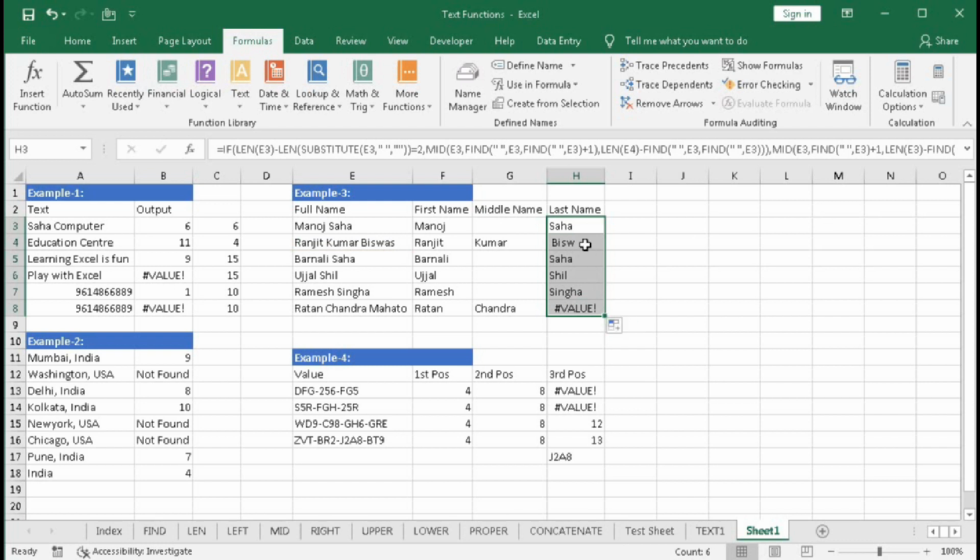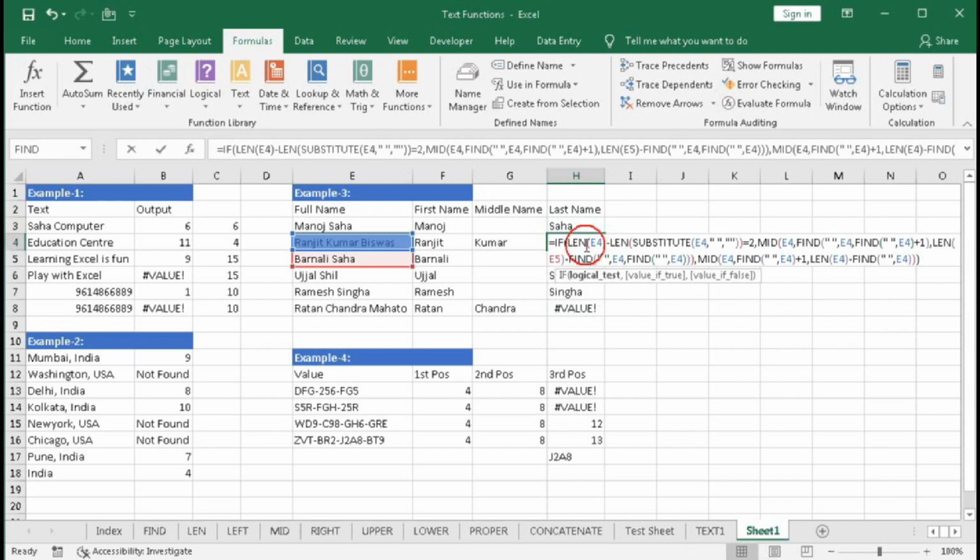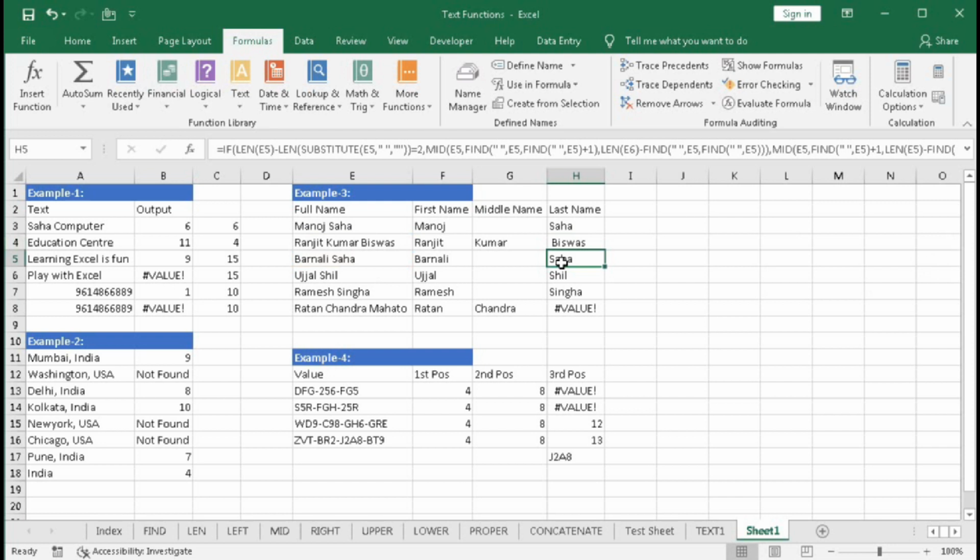So here we have one mistake. So there is a mistake for number of characters. Here LEN, oh sorry, we have taken 2 cells. So here it should be E4. Okay, we got it, but here is one space.